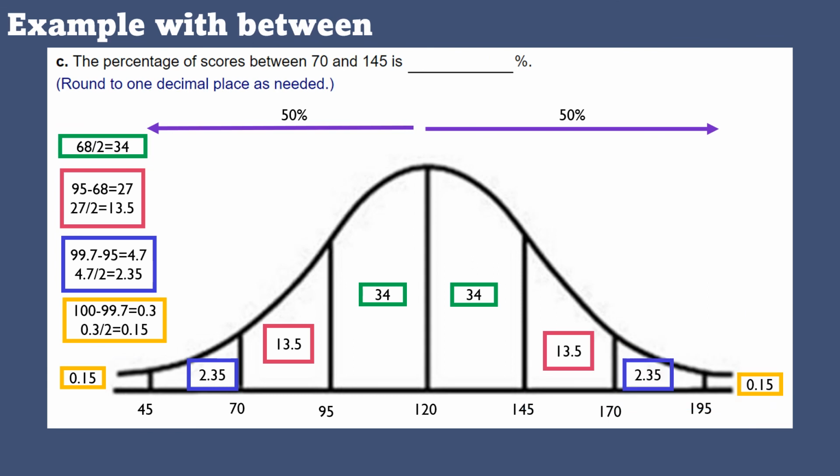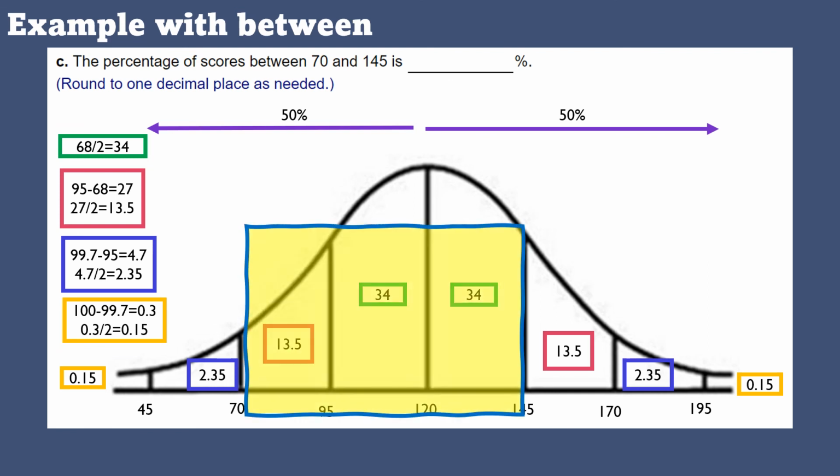Find the percentage of scores between 70 and 145. So between 70 and 145, let's see what that looks like. That's these three sections. So we're going to add up the 34, the 34, and the 13.5. We get